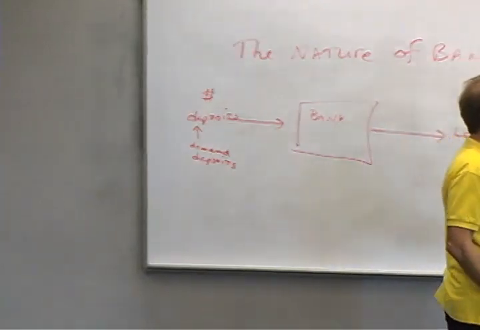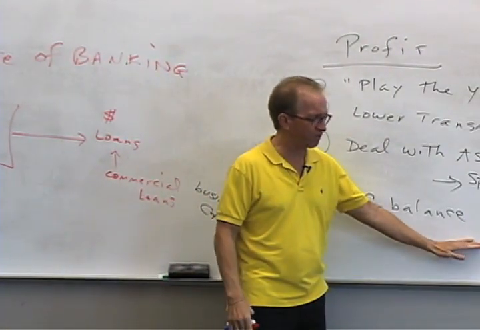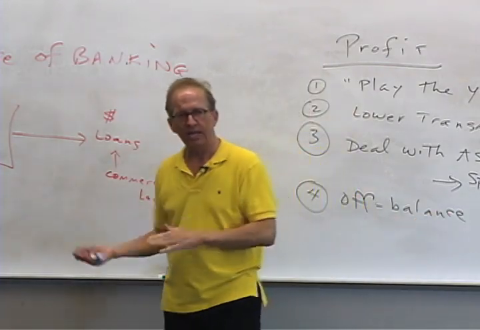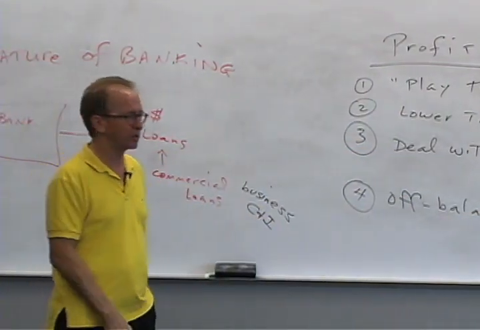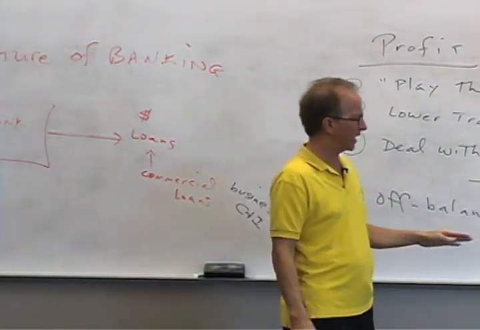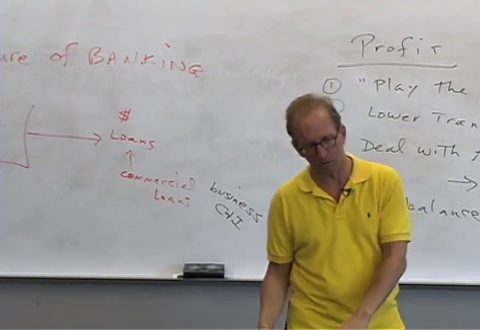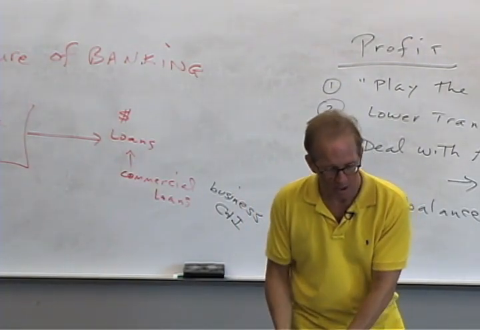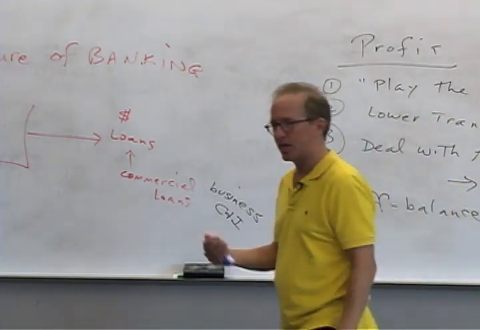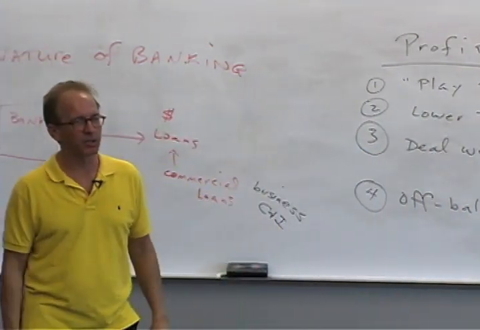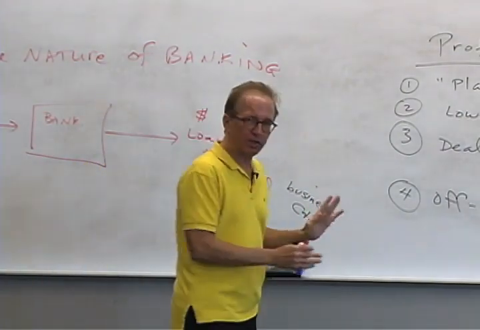Okay, well anyway, that's an old service that banks have offered for a long time, but what they're doing is, as time goes by, finding more and more services that they can sell to the public and then charge a fee for that. And so these off-balance sheet activities are of growing importance. Other things they do would be like charge for checks that you might bounce and things like that. These would be off-balance sheet activities. Okay, any questions about this before we go on?